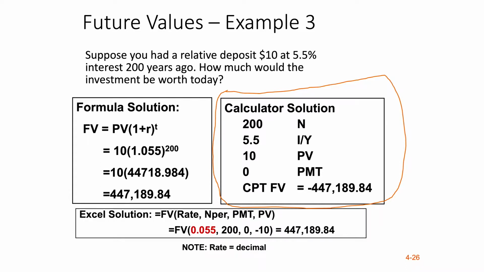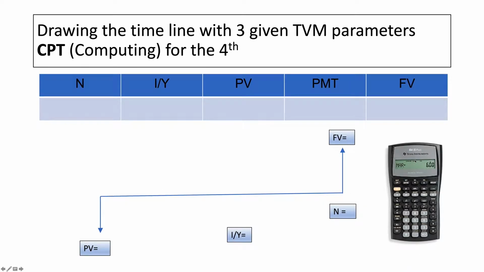So, using my method, draw the line first, right? What is the present value? $10. 10, change sign, -10, enter present value. What is the interest rate? 5.5. How many years? 200 years. Given that 3, PV, I, N, compute for future value. Your future value is